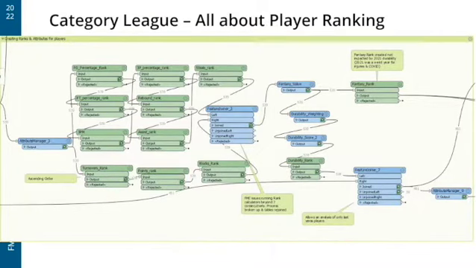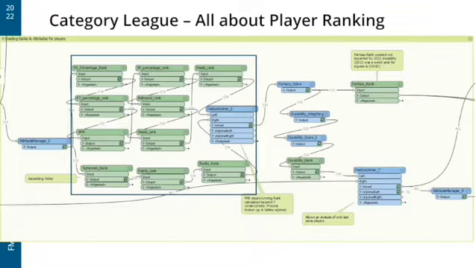And so this is the category leagues. Wow, this actually turned out really well, the screenshot. Basically, what we've got here is I've broken this up into 3 parts because it's a bit to look at. So this is where we actually create the stats that I want. As I was saying before, with categories, it's not necessarily how much of one stat you put in, but how you rank compared to everyone else. So that's a really handy stat.